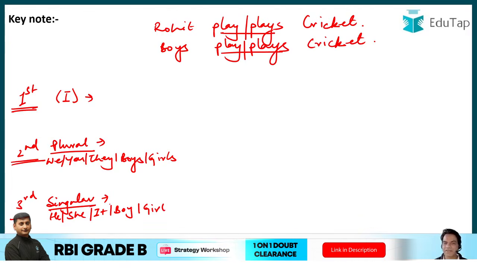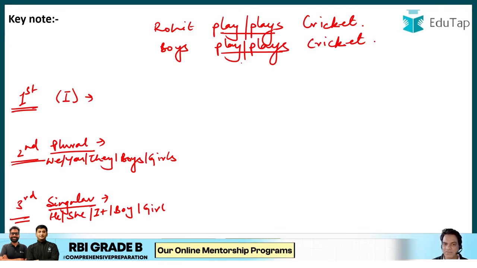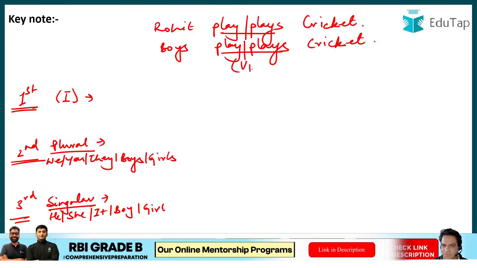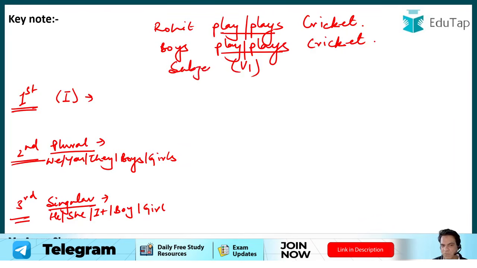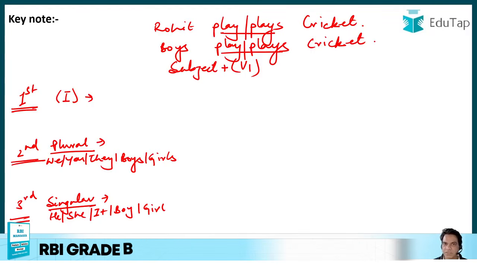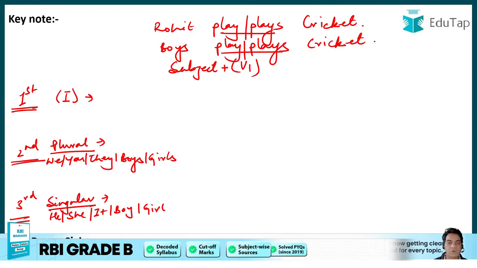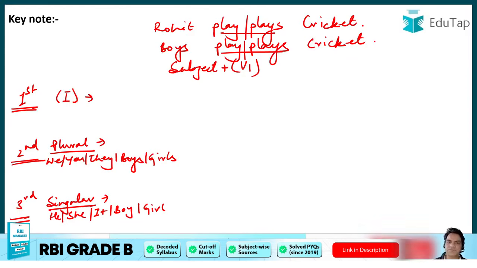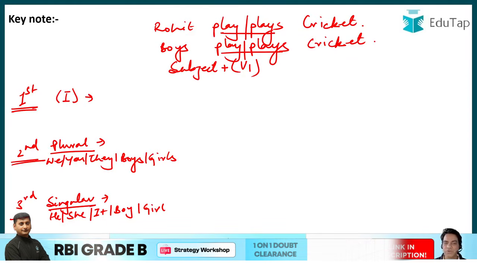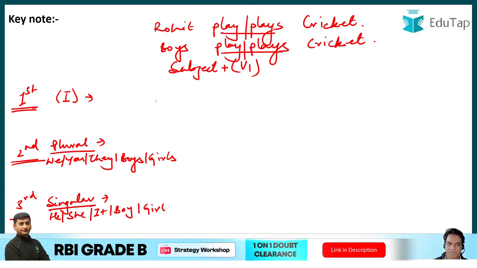Now how do we decide which person will take which verb? Now guys, this rule only applies when we are using the first form of verb with the subject. Now after subject, whenever you have to use first form of verb, remember guys, first form, not second form or third form. This rule applies after subject without any helping verb, without is, am, are, without will, shall. When you have to use first form of verb after the subject, we follow this rule. Now first person will always take first form of verb.